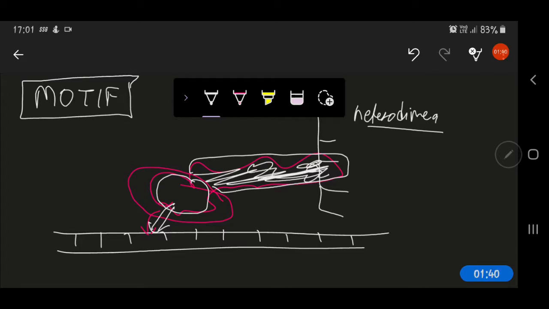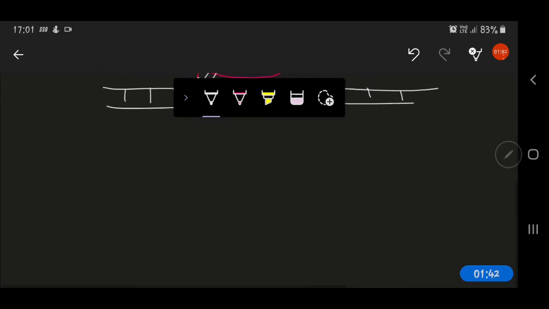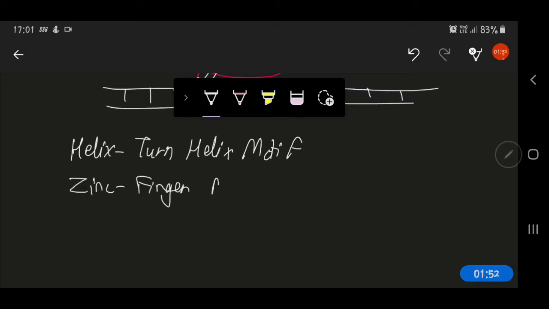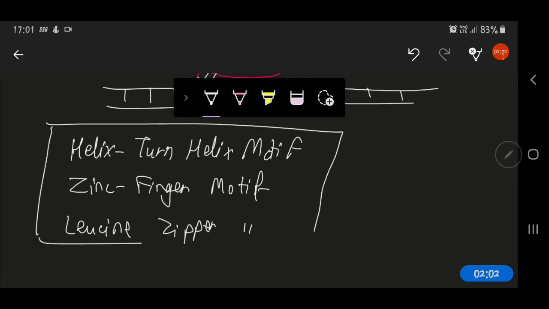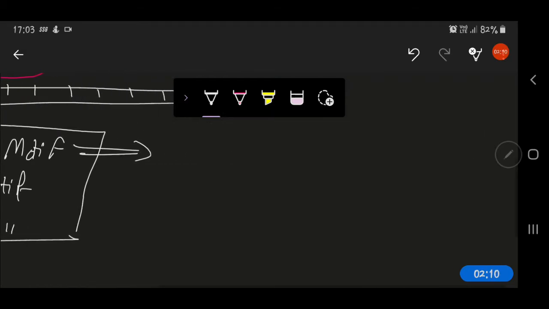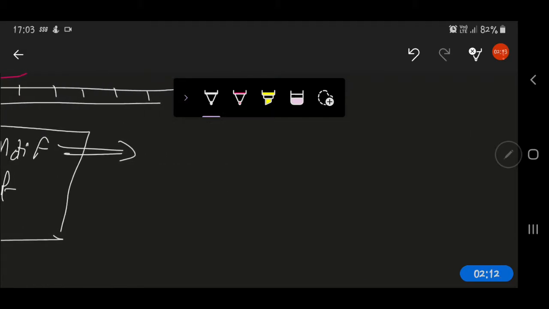We will be discussing three types of motifs: the helix-turn-helix motif, the zinc finger motif, and the leucine zipper motif. These three motifs we will be discussing in great detail now. So we will first take up the helix-turn-helix motif. The helix-turn-helix motif is a dimeric protein